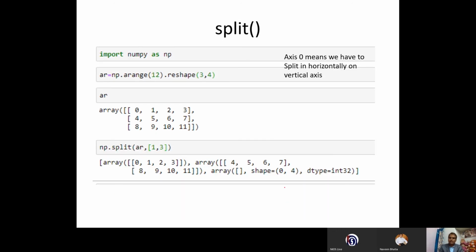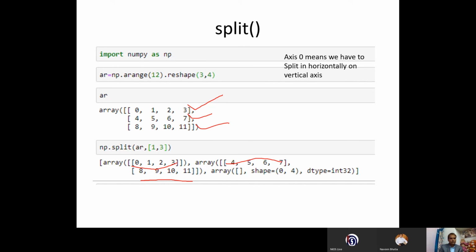Now this is the split. You can use split where you have to put the axis if you want. Axis 0 means we have to split horizontally, okay, and axis 1 vertically. So this is the data array we are having. We have splitted the array 1, 3. You see, okay, 2 and 3, because we are having 3 rows, so it got splitted.